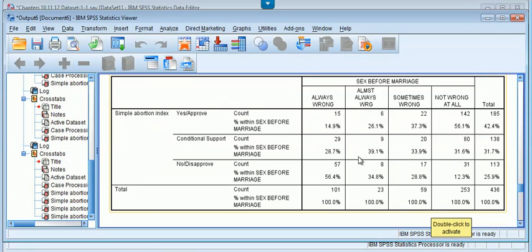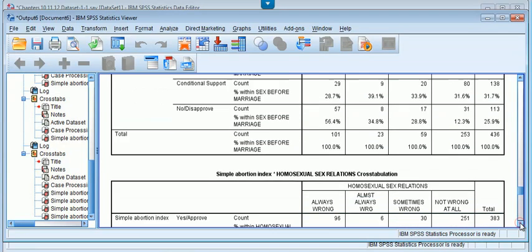Among the conditional support, you see people who think that sex before marriage is almost always wrong has the most conditional support for abortion. And the people who believe that sex before marriage is always wrong are also the most likely to disapprove